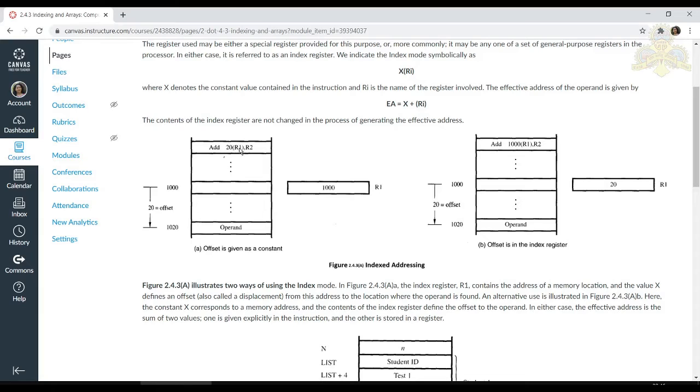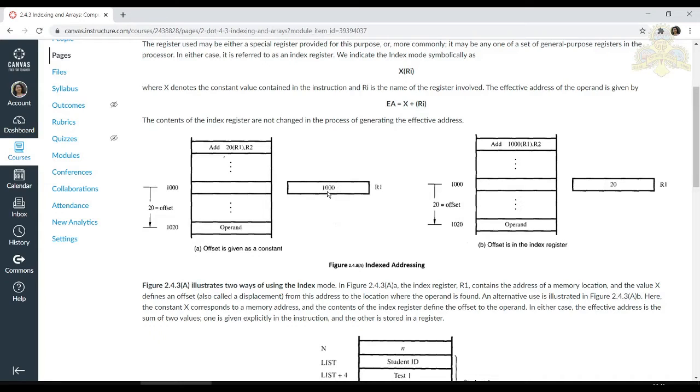So first it goes to the R1 register, which is the index register here. It could be R1, R2, R3, whatever. It gets the memory location; here R1 contains 1000, which is a memory location.